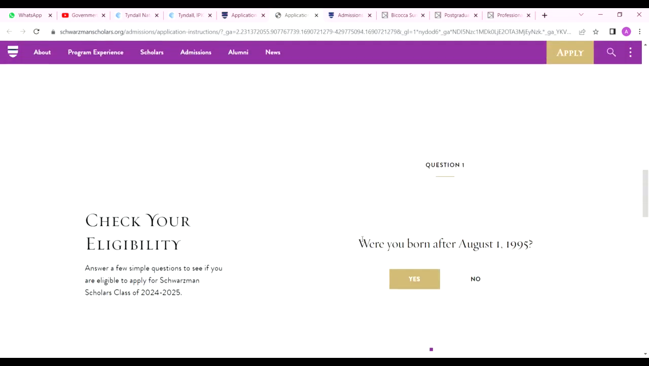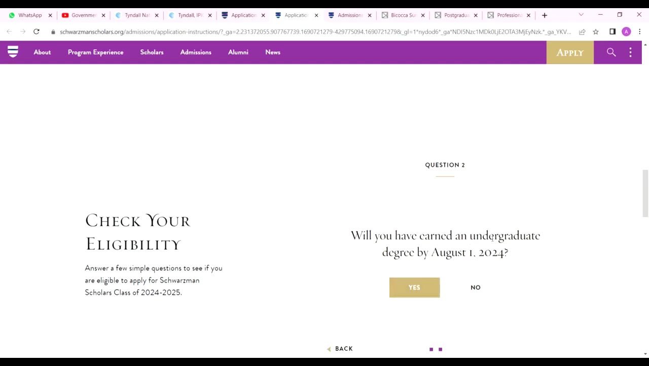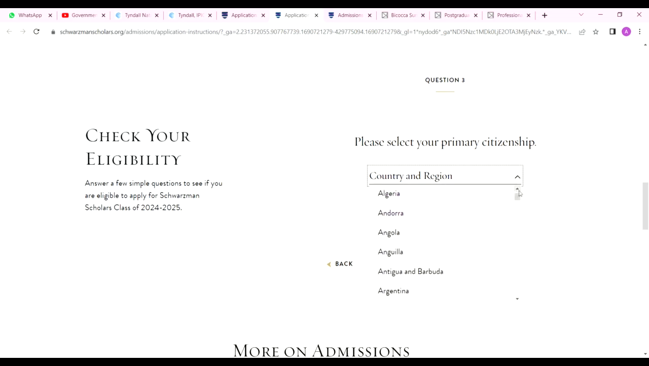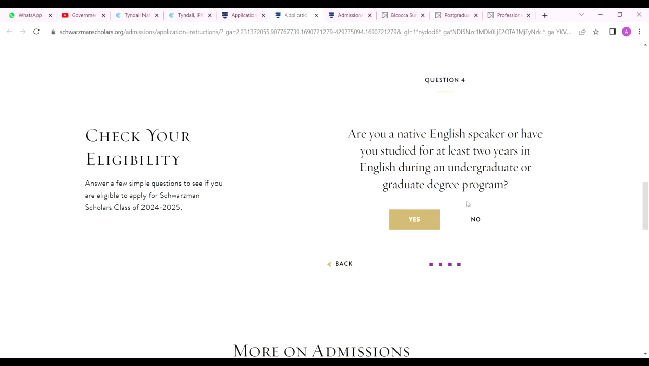So they have asked a question: were you born after 1995? Yes. Will you have earned an undergraduate degree by August 1, 2024? Yes. And select your primary citizenship; my primary citizenship is Pakistan. Okay, after Pakistan, there is another question: are you a native English speaker, or have you